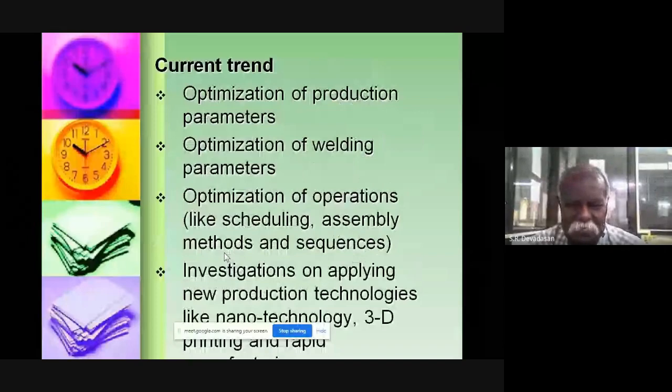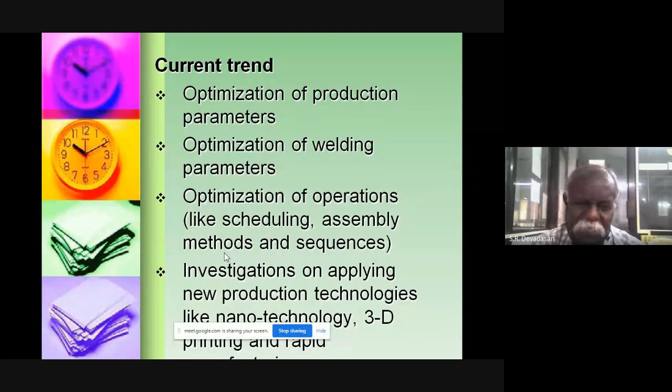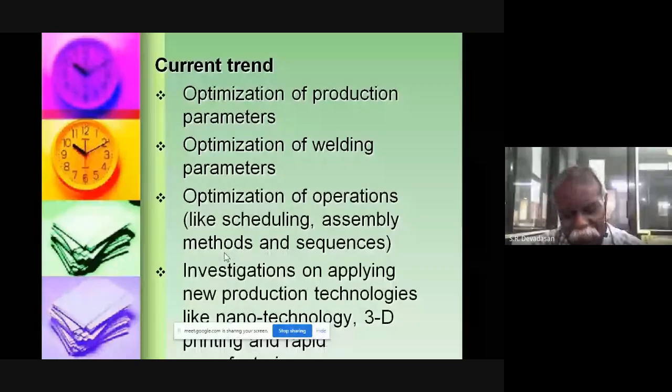Those new technologies have been brought in. So we researchers are required to join hands with those practicing manufacturing engineers and also with the companies associated with that, and we have to implement those technologies in practice,